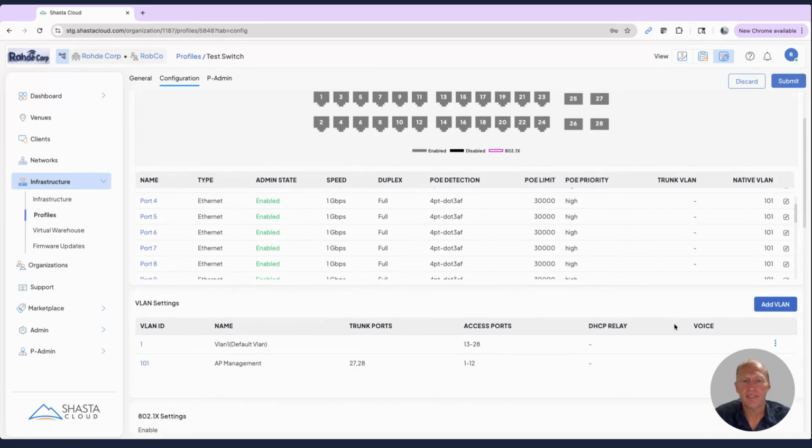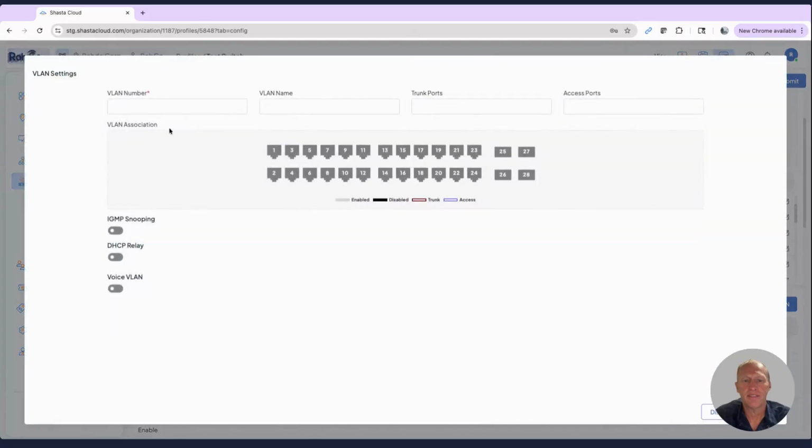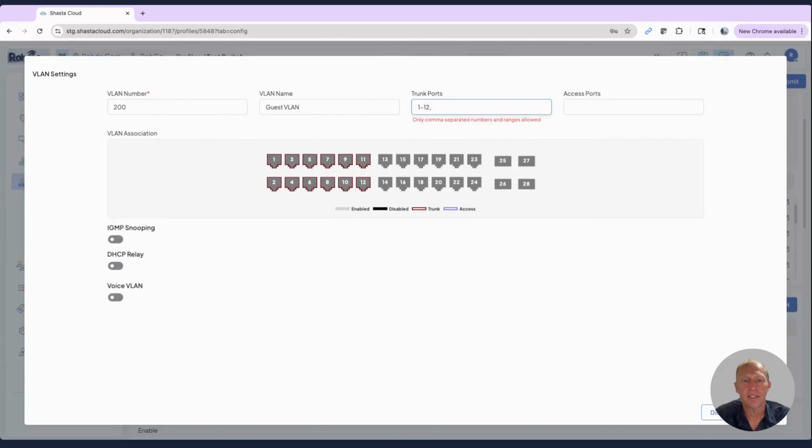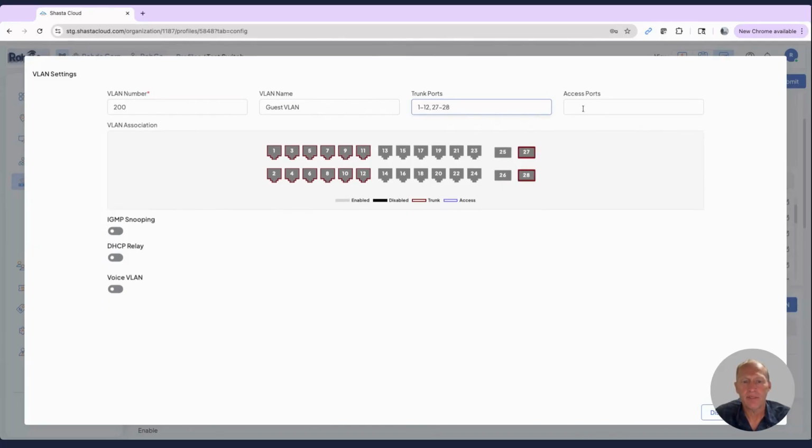Let's go create a guest VLAN now, and we'll make this VLAN 200. This will be our guest VLAN. This will be the VLAN that when wireless guests connect to the network, they will get an IP address on VLAN 200. So we're actually going to trunk this on ports 1 through 12, which are AP ports, and then we're also going to trunk it on the uplink ports, 27 and 28. We don't need to have that on any wired ports. This is a wireless guest VLAN, so let's rename that,